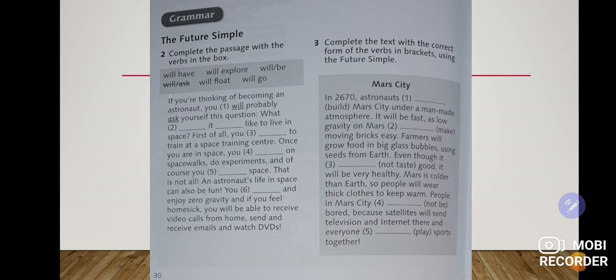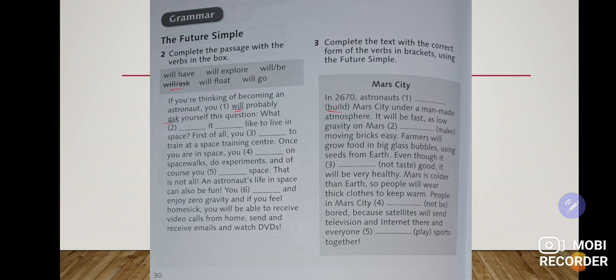Let me answer the first question. If you're thinking of becoming an astronaut, you will probably ask. So I used will and ask. The next exercise 3. Complete the text with the correct form of the verb in brackets using the future simple. In 2670 astronauts will build.